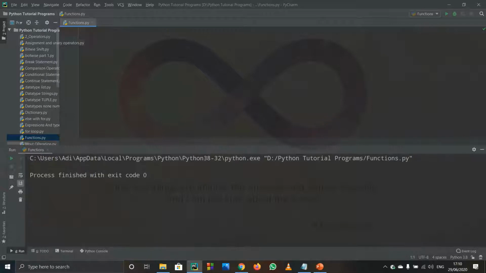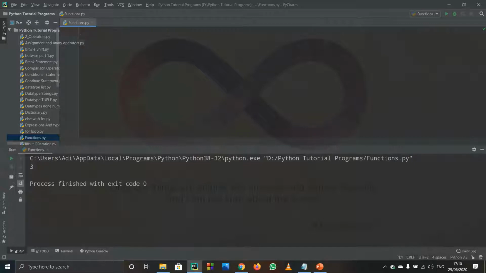Let us understand two types of functions now. There are two types of functions called inbuilt functions and user defined functions. First, let us discuss inbuilt functions. Suppose I have a list 1 2 3, and you print out the length of that list, that is len of l. This is an inbuilt function. It will give me the length of that list. When I run it, I got 3, that is the 3 elements. Whenever you write print, this is also a function. So these are the inbuilt functions.